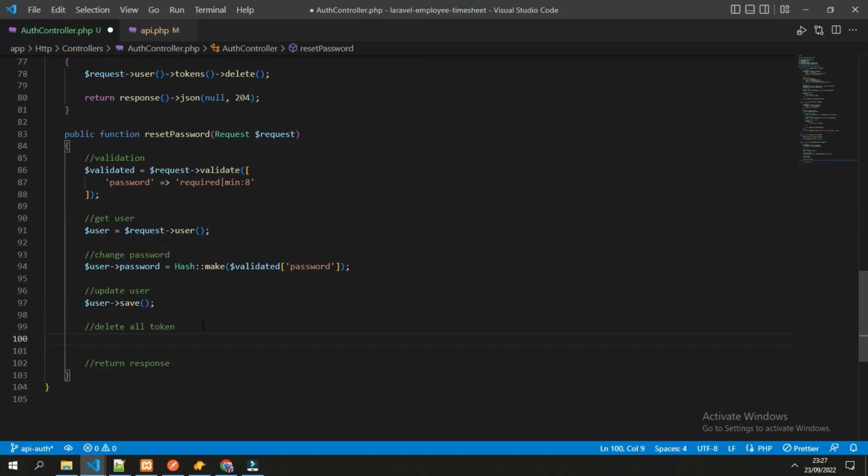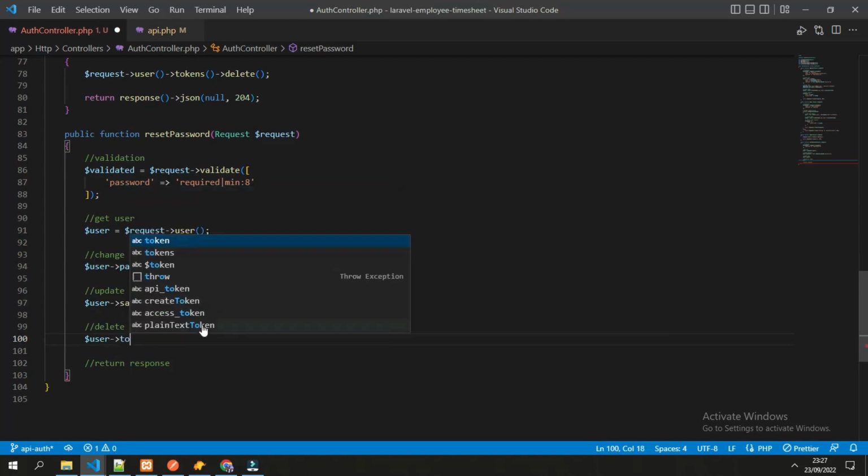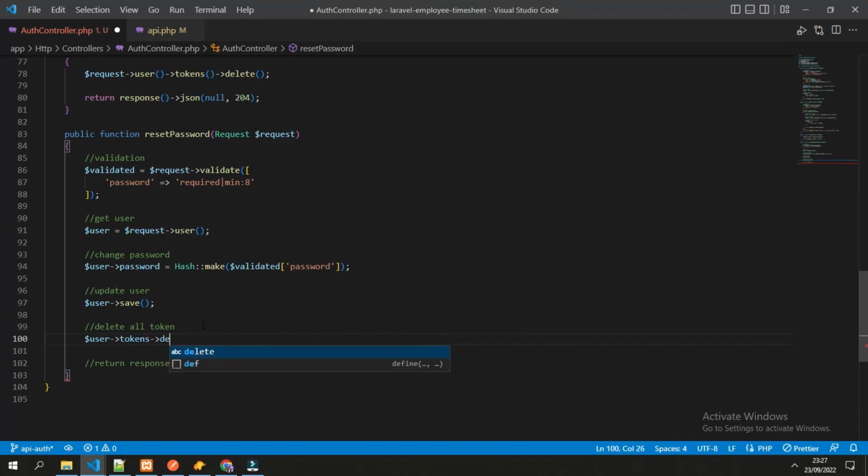Next is deleting the token, the similar with the previous logout. So it would be user tokens and then delete. So after this function, the user need to log in again with the new password.